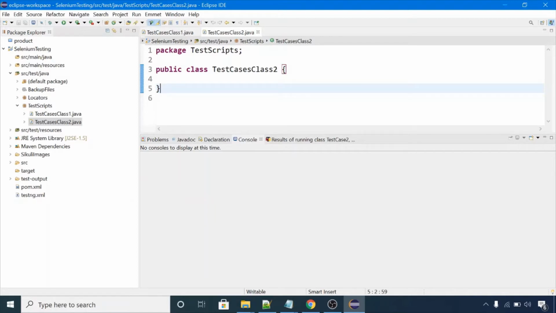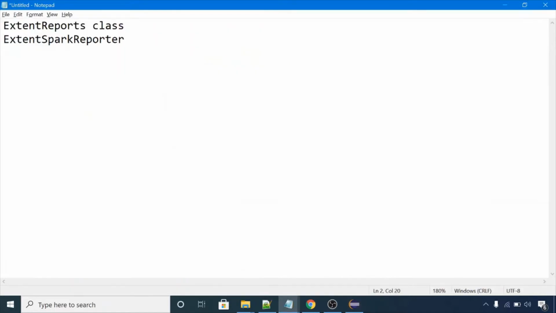Now, if you want to achieve that use case, you have to use Extent Reports in multiple classes. So I suggest you create a common class, a setup class. In that class you can define BeforeSuite and AfterSuite. I hope you know that there are TestNG annotations BeforeSuite and AfterSuite.